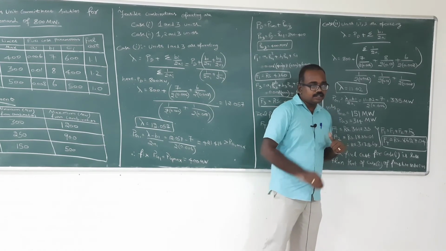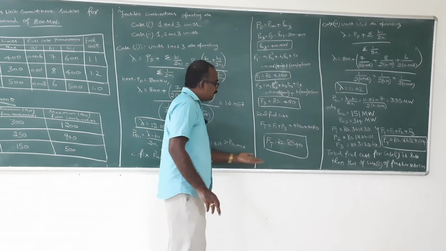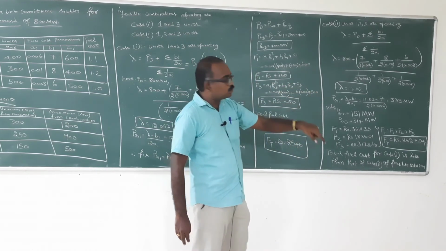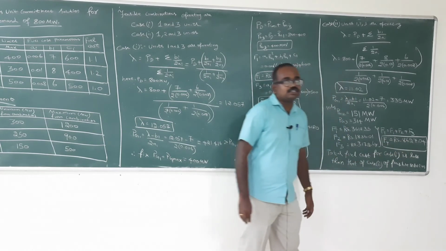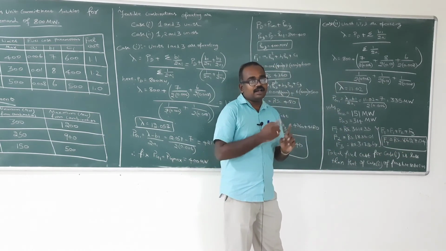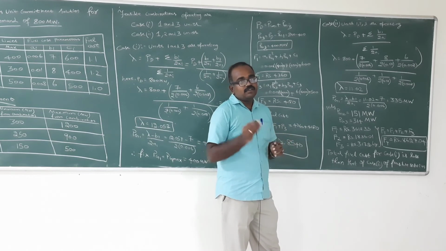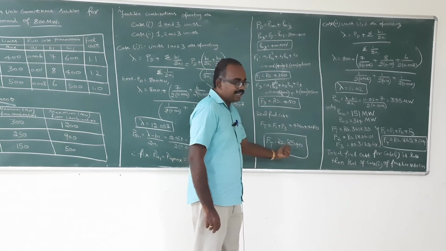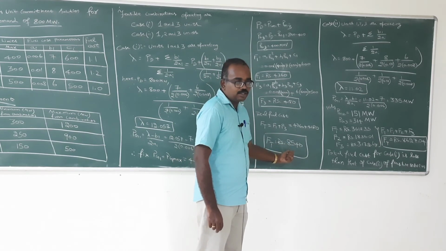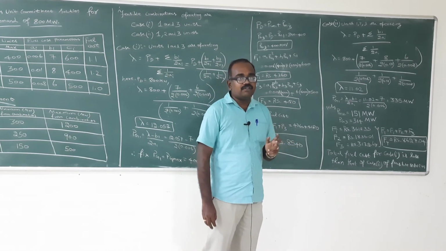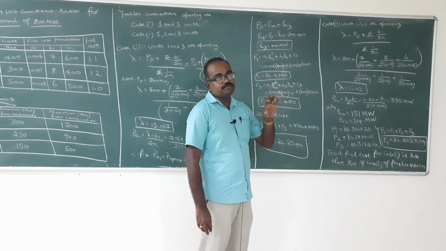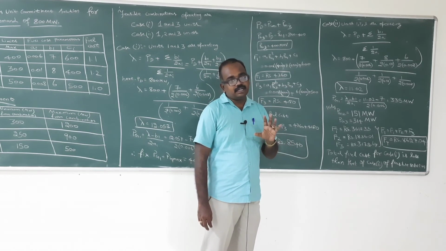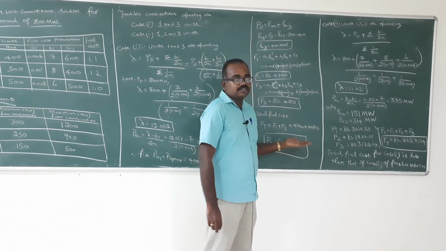Here we can judge by comparing case 1 and case 2, in order to provide 800 megawatt. Case 1 we get as 8540, and in case 2 we get 8627. Comparing these two, which one is best? Case 1 has the minimum cost. So to provide the 800 megawatt, the first case is the best feasible solution by comparing the fuel cost.